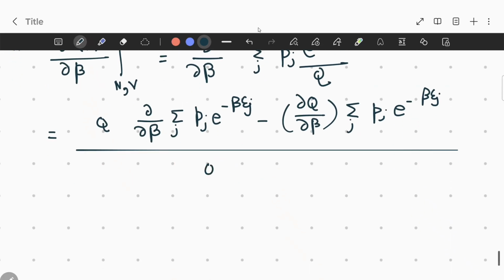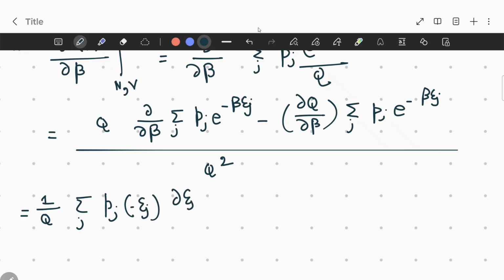And here it will be Q square. So the first term is 1 by Q, and this derivative, what will that be? Sum over J Pj, then it is minus Ej, then e to the power